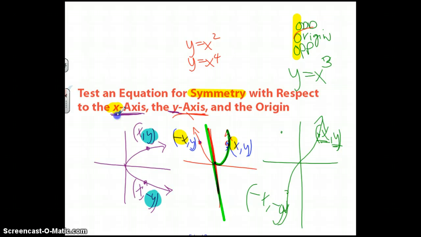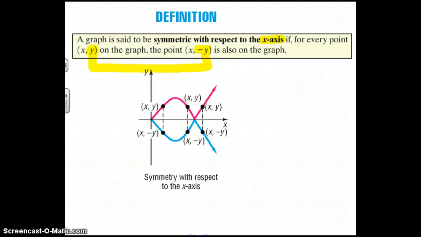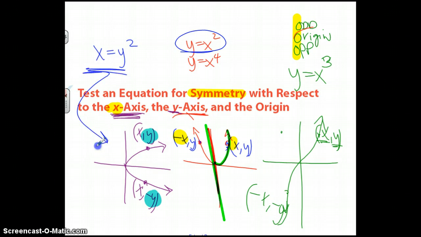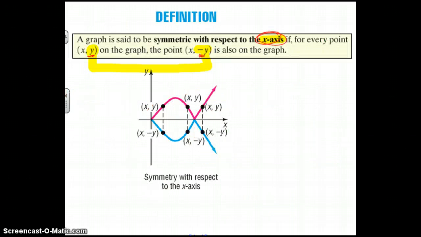And then this one's called x-axis symmetry. This is what's happening. I'm replacing the y with a negative y, so I know it has symmetry about the x-axis, and I'm flipping it over the x-axis. By the way, the equation for this is not y equals x squared, but this is actually x equals y squared. In order to graph this, you would have to take the square root of both sides and get y is equal to plus or minus the square root of x. So you kind of see the square root function here, but it's a positive square root and it's also the negative square root function. So this I can't graph on my calculator, but you can see every y value here